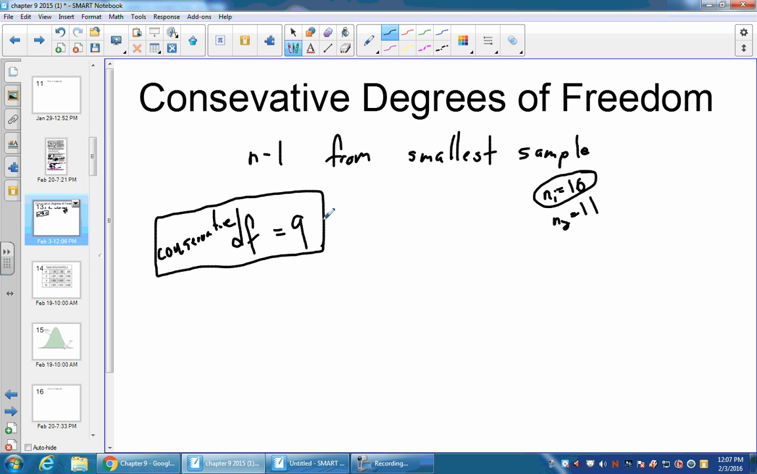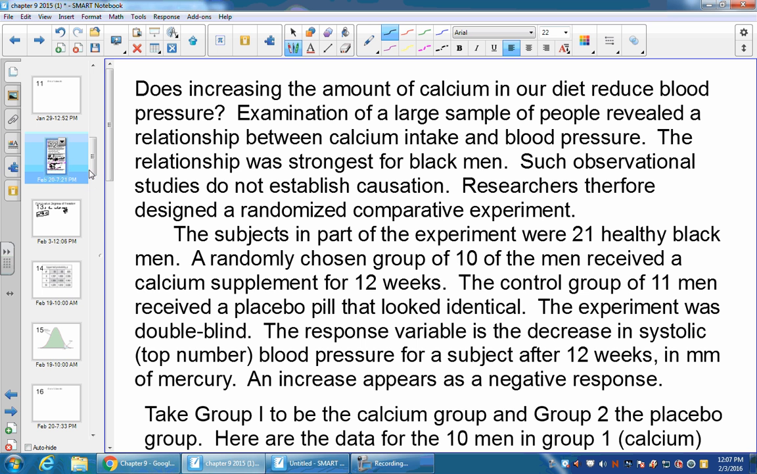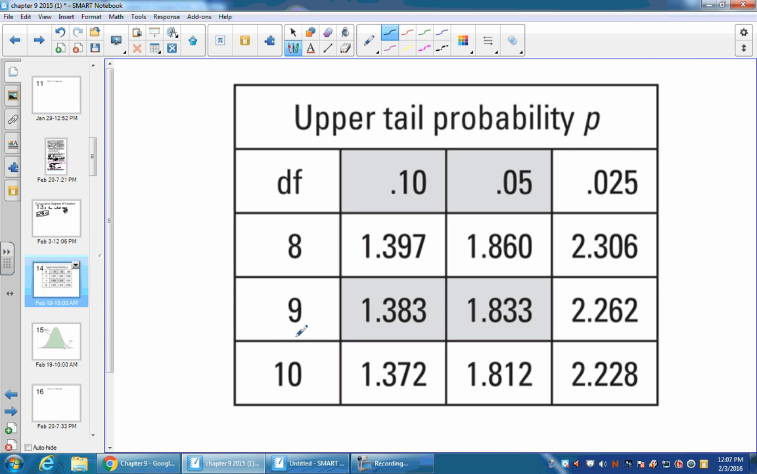Now when we do this, we can find our p-value a couple of ways. One way is we can look at the t-chart. On the t-chart, you come down to degrees of freedom 9, and you go over until you see the t-value. We got a t of 1.6. So you can see 1.6 is somewhere in between those. So we know our p-value is between 0.05 and 0.10. It's not that accurate, but it's accurate enough to tell us that we failed to reject the null at a